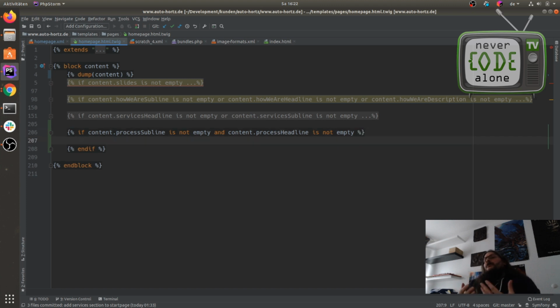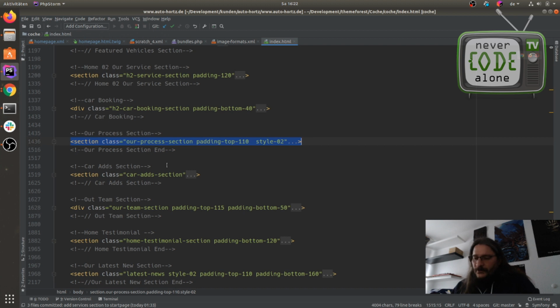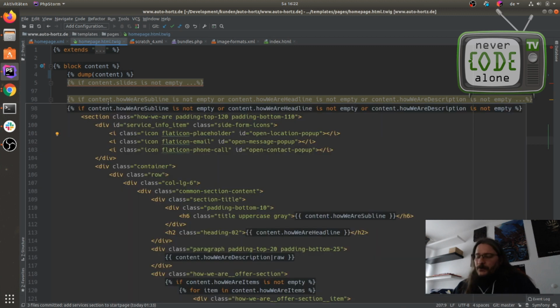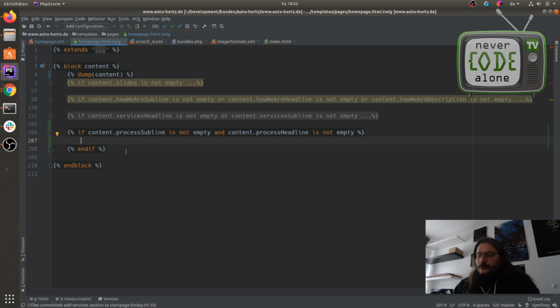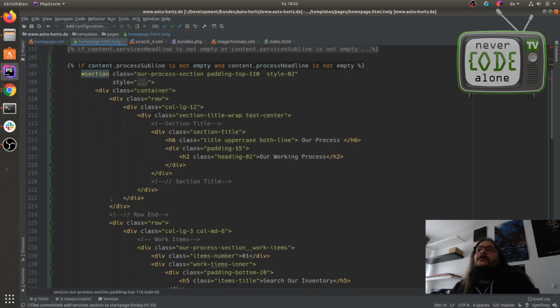So for now we have the case that we have content here and we want to render the section here. So I just copy paste it here from the layout to my if condition. And now I can open it.